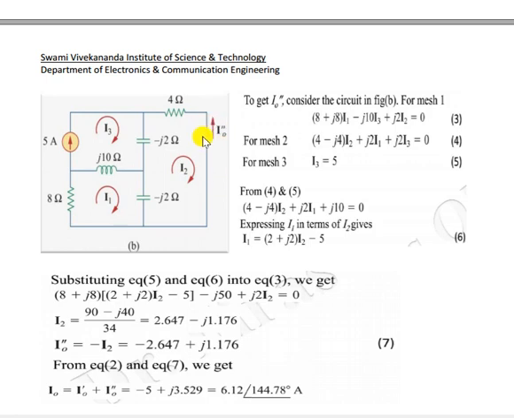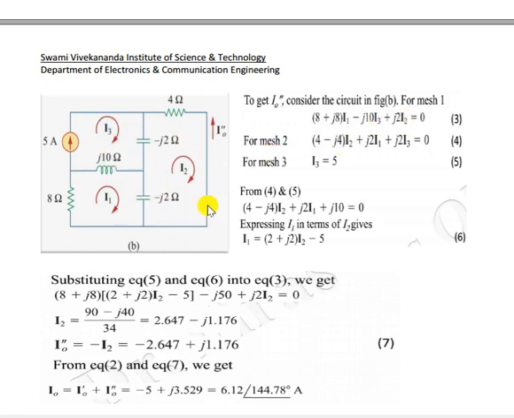So what you have to find out is the current flow, that is I2. I0 double prime equals minus I2. So we can analyze using mesh analysis. Now to get I0 double prime, for mesh 1 we can write: 8 plus j10 minus j2, that means plus j8, into I1, then minus j10 into I3, then minus of minus j2 into I2, that becomes plus here.